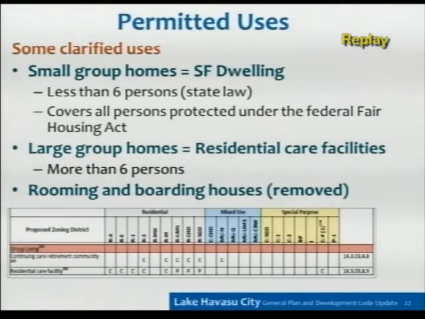The day that they do sue you under the Federal Fair Housing Act, you'll wish you hadn't done it. But this is some of it a change. Don, were you suggesting you could say 8 if you wanted to? It's just that the state law says 6. I'm not so concerned about the number being over 6, but